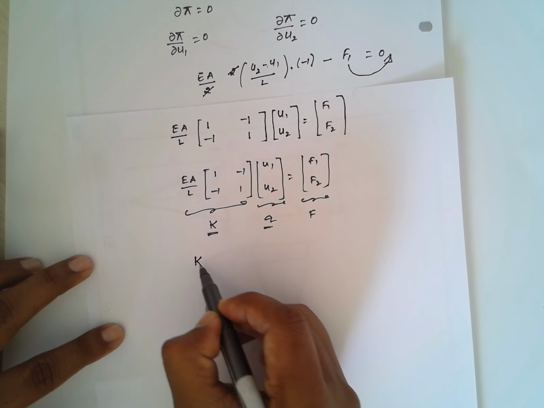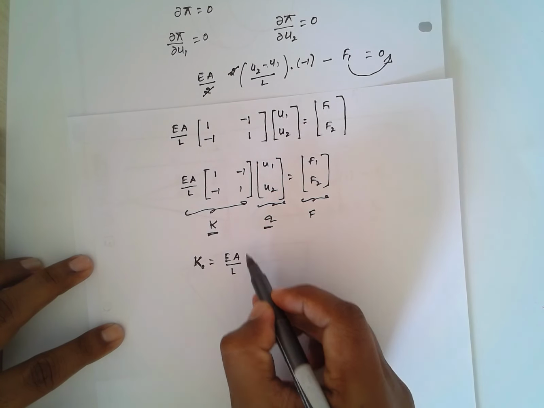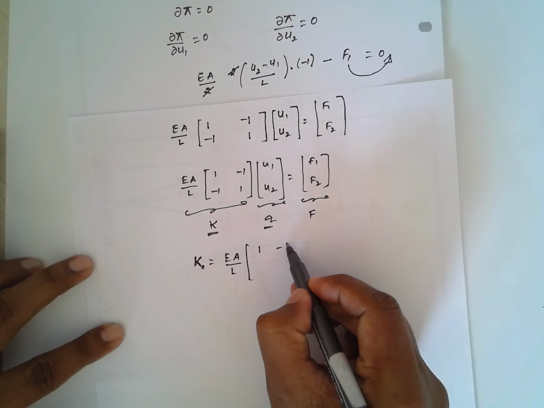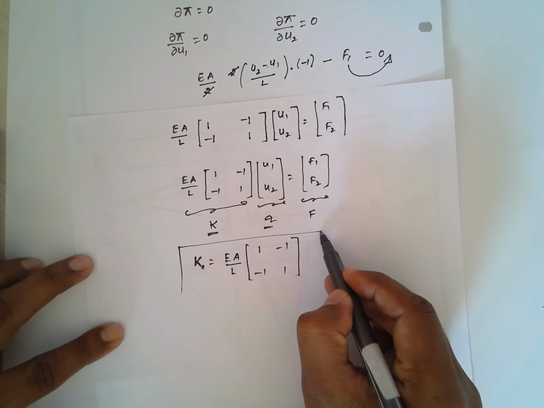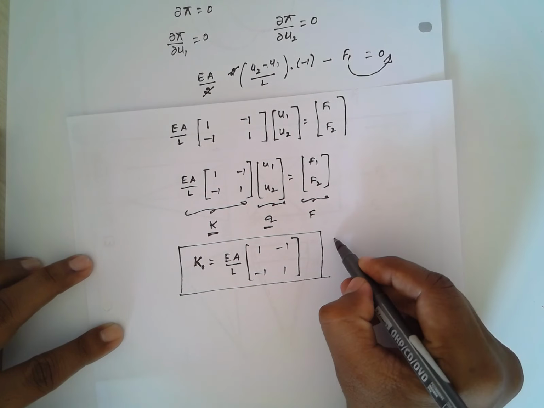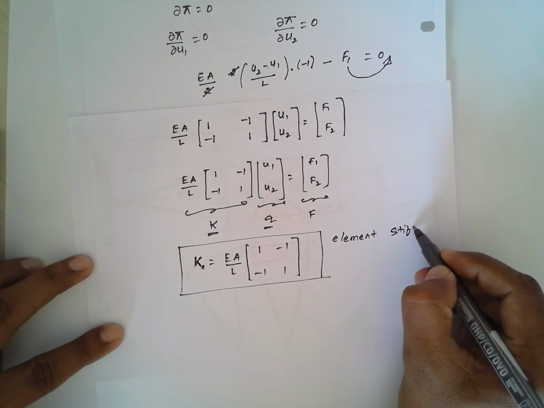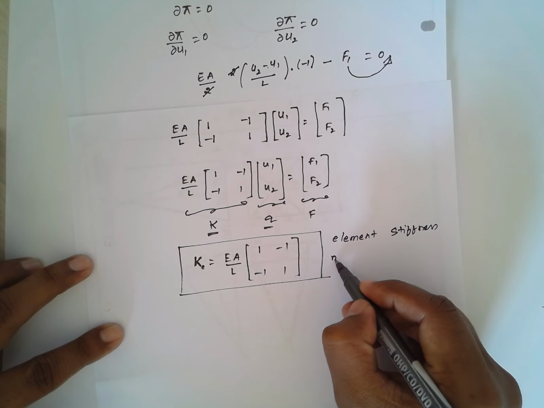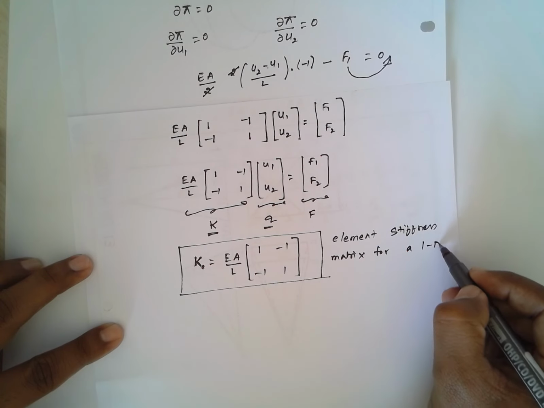Whatever we are interested in is the element stiffness matrix for a one-dimensional bar element, which can be represented as EA by L times [+1, -1; -1, +1]. This is the element stiffness matrix for a 1D bar element